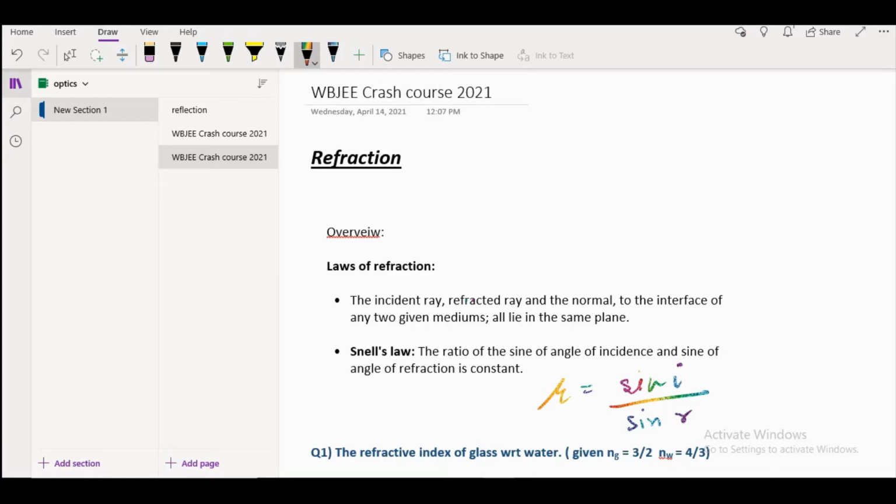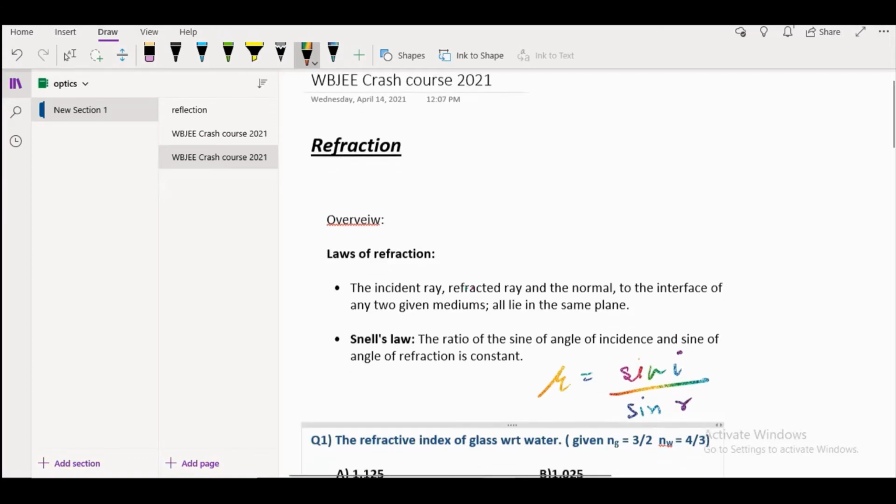Now we can move on to the sums. Let's start with a very basic sum which you can solve easily. It is child's play, but we should start with basic things so that you can then move on to the advanced type of numericals and easily solve them. So let's look at it.